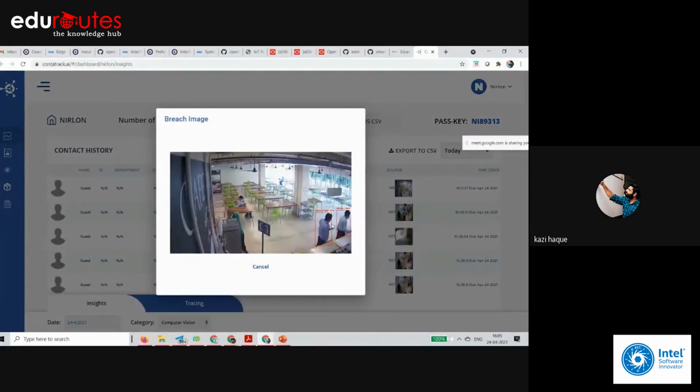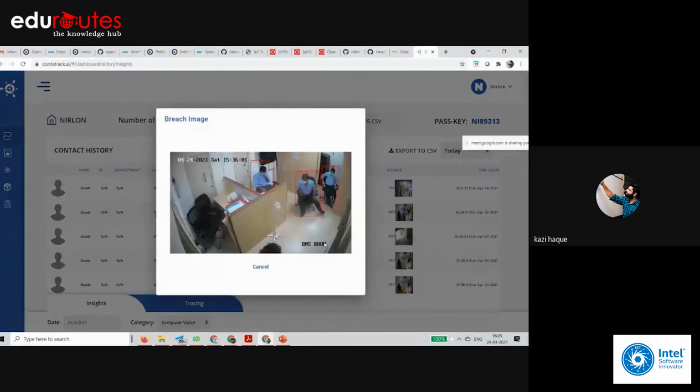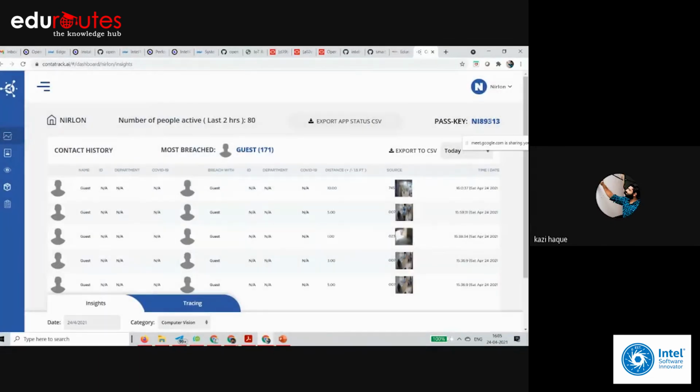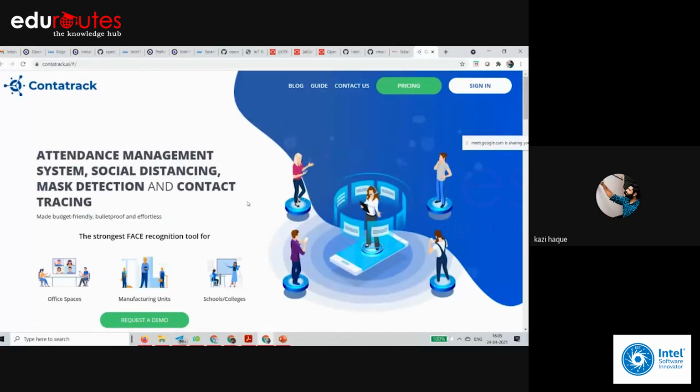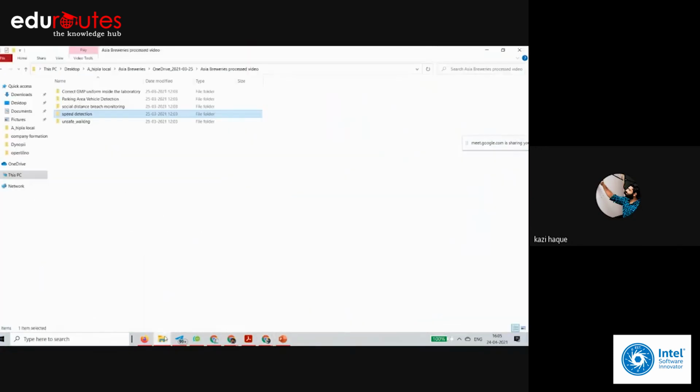Whenever a breach occurs, it tracks them, and it stores the snap basically for the people. And this application has been widely used all over the country by multiple companies, including LG, Bosch, and others also. This is one application which I'm working on. The other applications which I work on basically, if you can see, let's say